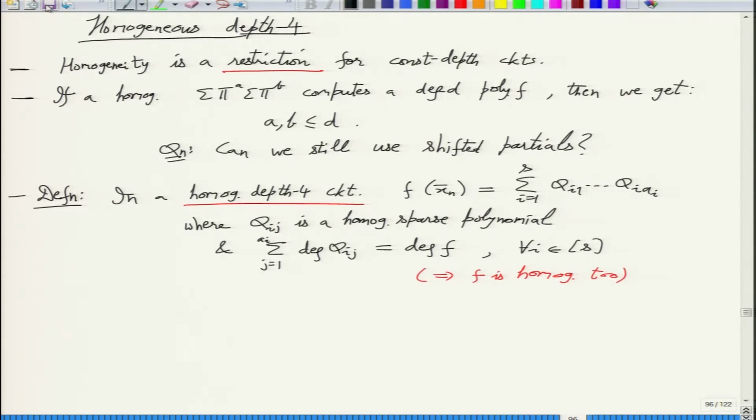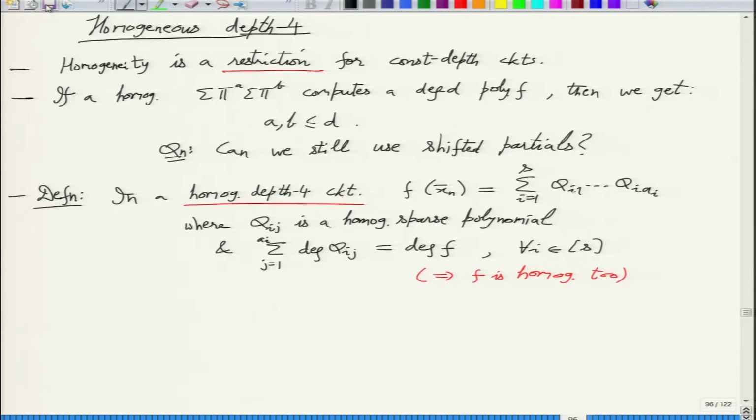Could you please explain again why we expect these Qij's to be homogeneous polynomials? What do you mean, expect? Sparse. No, this is a definition. There is no expectation. But why is sparsity coming into the picture? Well, sparse just means that if the size is T, then there are only T monomials. Sparsity signifies that the size will include each and every monomial that appears, and we don't count monomials that don't appear. When we count them too, sometimes we call that a dense polynomial.